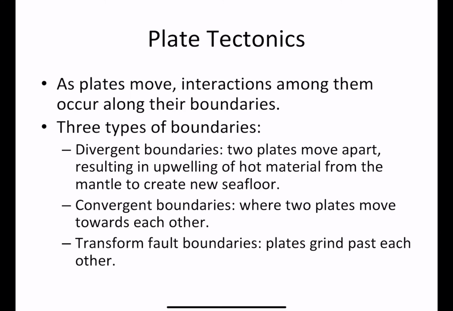As these tectonic plates move, there are various interactions among their boundaries. You can have a situation where two tectonic plates move towards each other, and that is called a convergent boundary. You can have a situation where two tectonic plates are moving away from each other, and that is called divergent boundaries. And you can also have a situation where the boundaries of two tectonic plates are sort of grinding against each other and going in opposite directions.